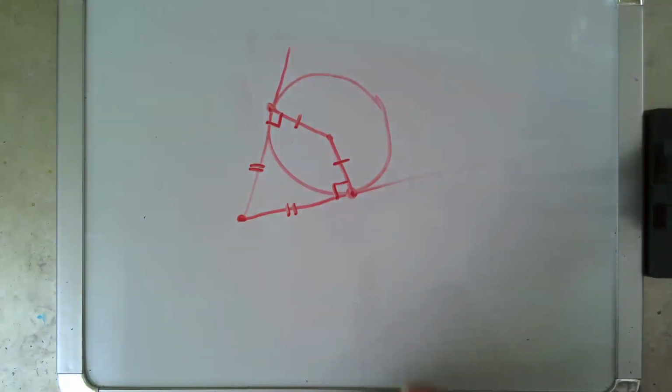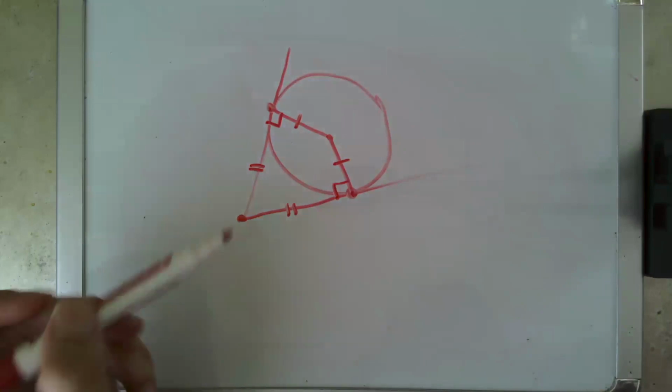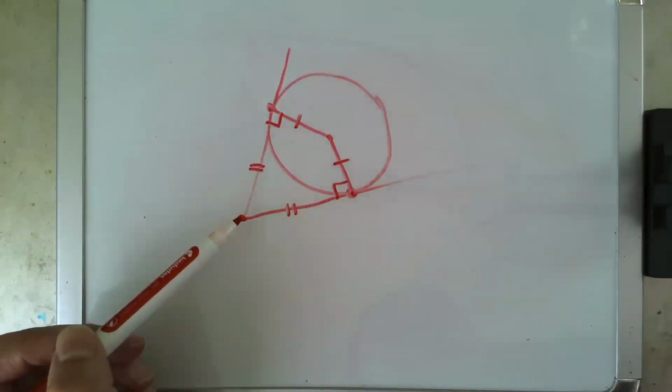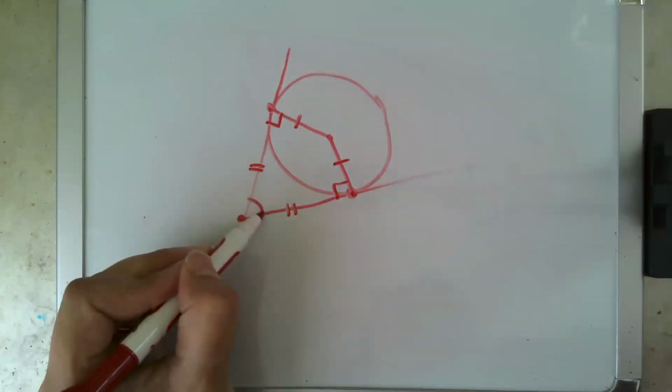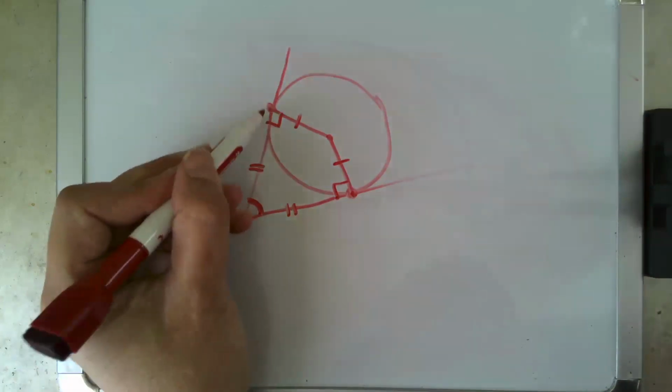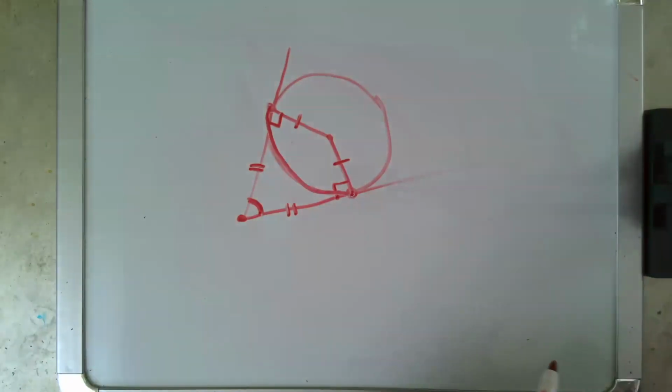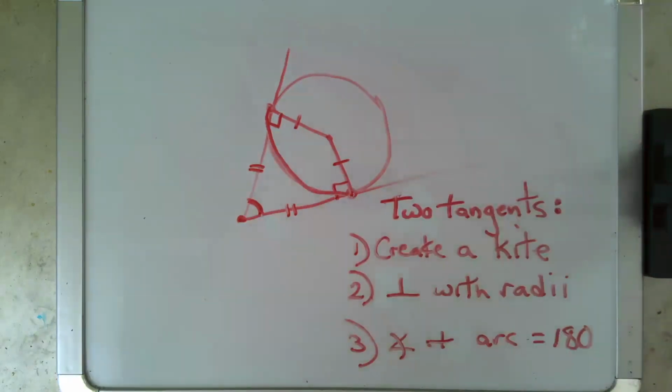And then the last thing that I know is that when I intersect an arc from a point with two tangents, the value of this angle and the value of this intersected arc will be supplementary. They'll add up to 180 degrees. So to summarize,